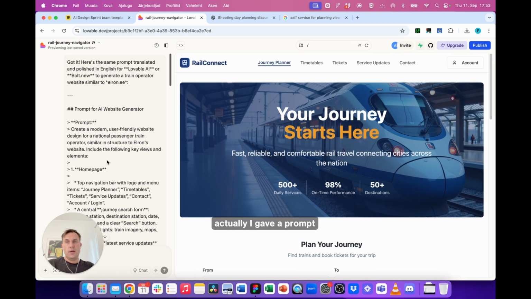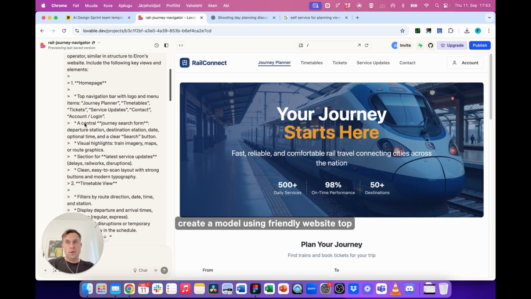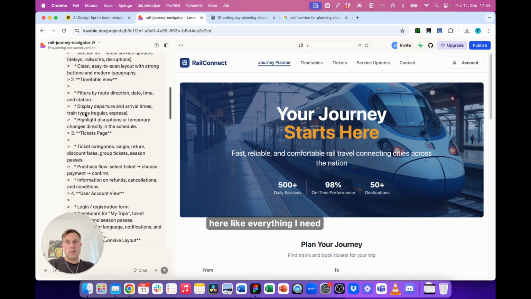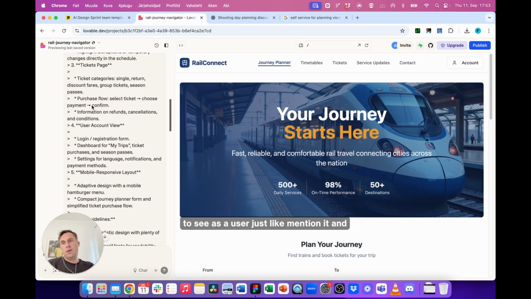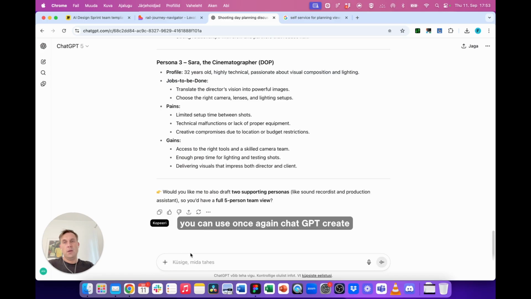And actually I gave a prompt: create a mobile-friendly website, top navigation should be here, like everything I need to see as a user, just mention it. And you can use, once again, ChatGPT,